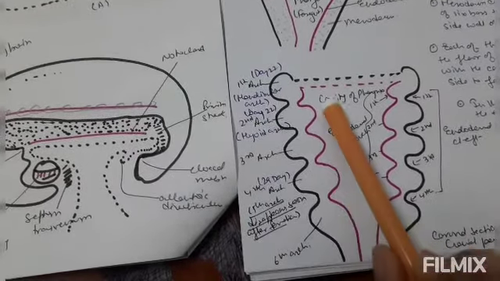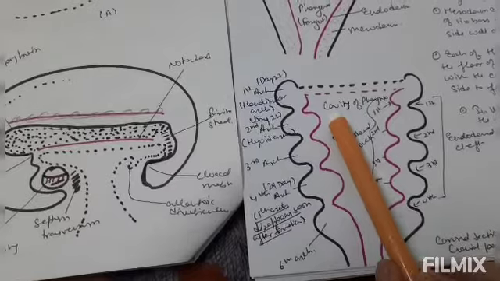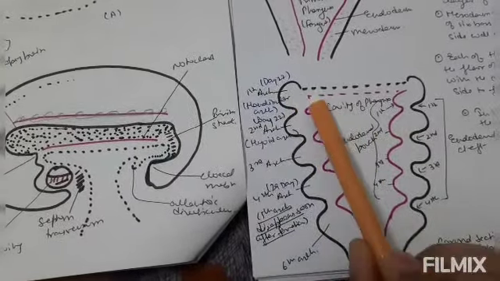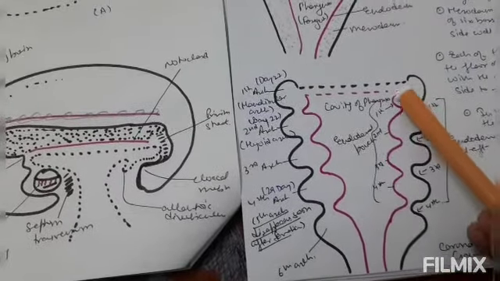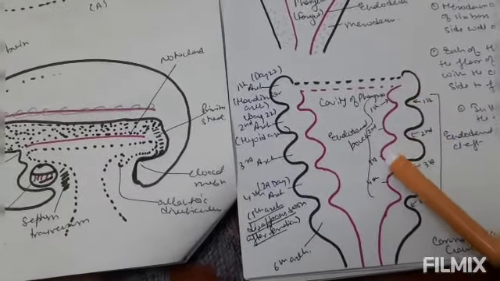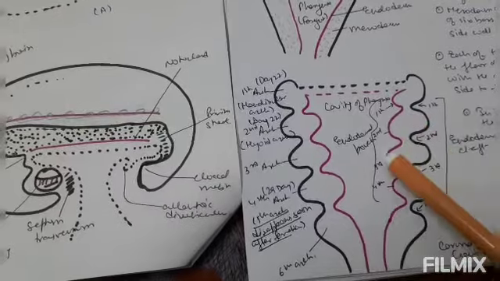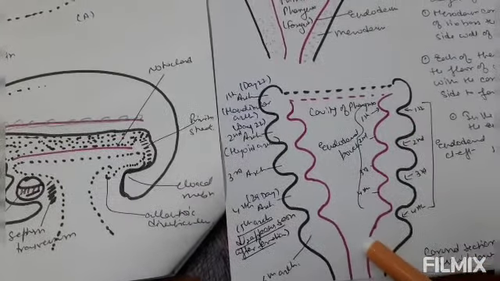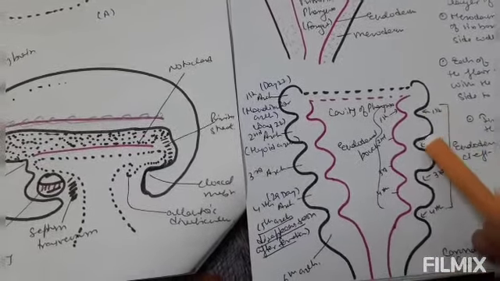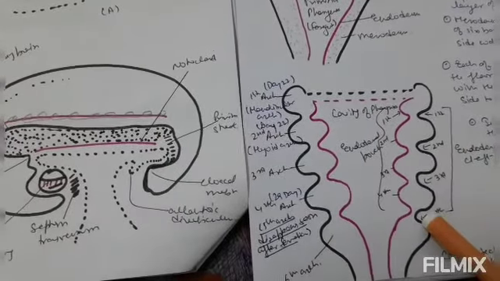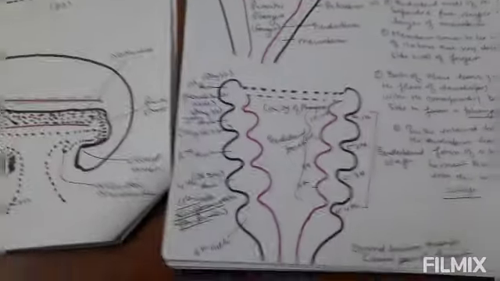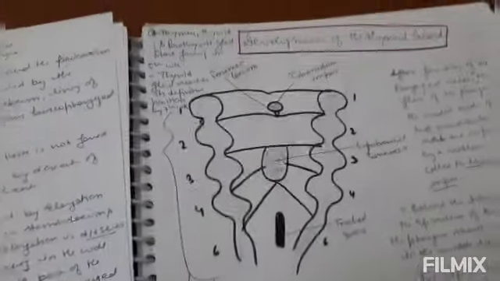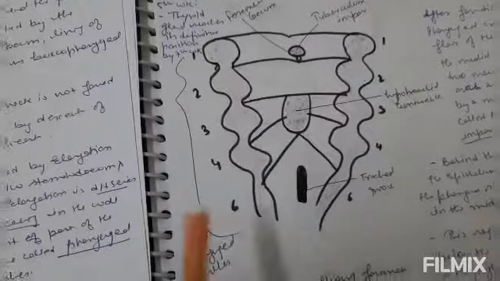And here you can see this is the cavity of the pharynx. Obviously between both the arches there is a buccopharyngeal membrane, and there are outpouchings, you can see. All these outpouchings are the endodermal pouches. And there is a cleft formation, so these are the ectodermal clefts. Now with this you can see the development of the thyroid gland.